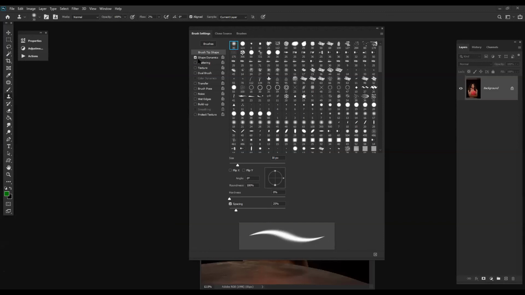See, now I have put on dynamic shapes. I have switched off dynamic shape. I have put on dynamic shape. You can see the changes. Now dual brush will change it a little. So always try to keep it on build up, nothing else.